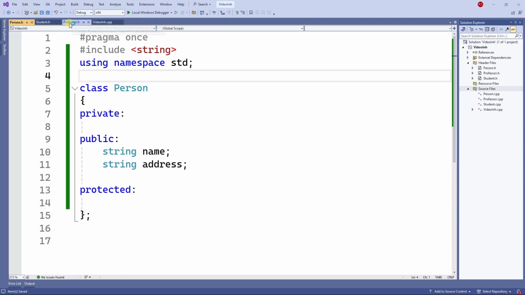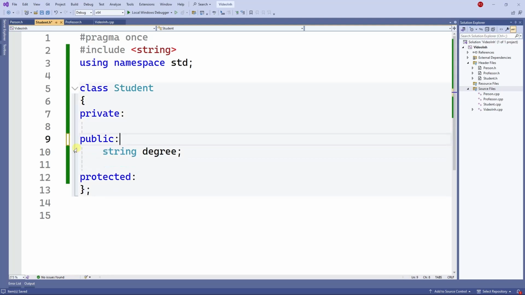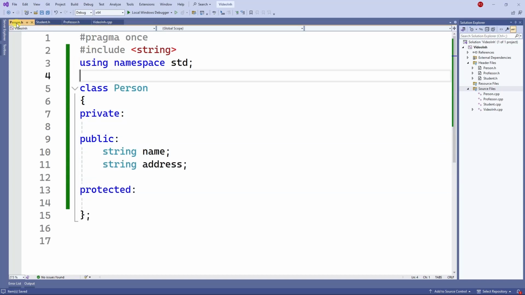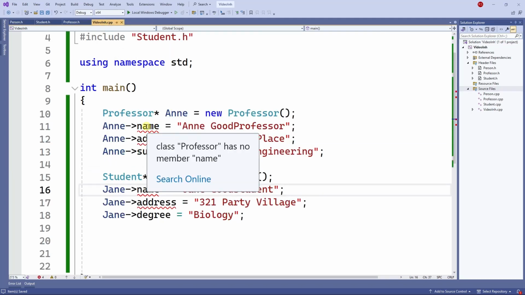And I'm going to do the same for the students. So the student had name and address. So I'm going to delete this because now the name and address are on the person class. So we move those two variables from the student and from the professor class, and we place them on the person class. Now, if you go back to the main program, now we have a bunch of errors right here